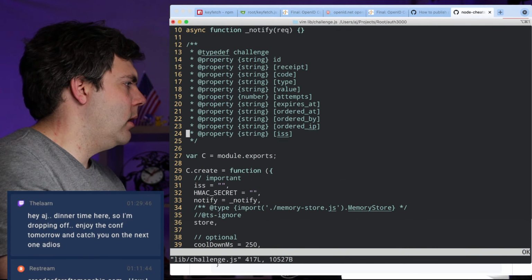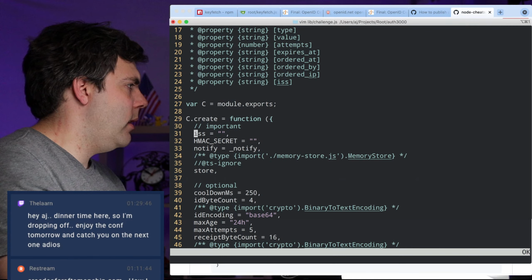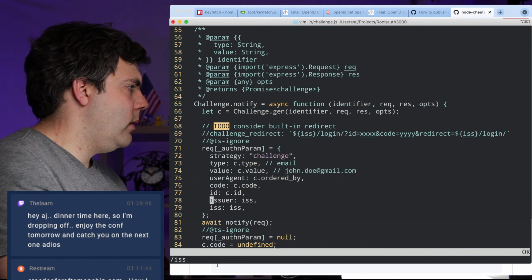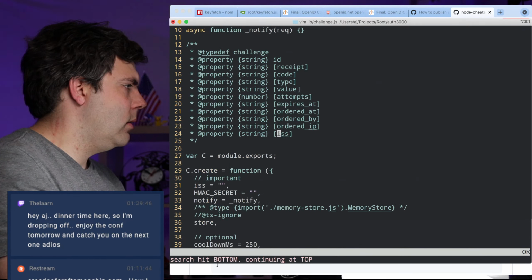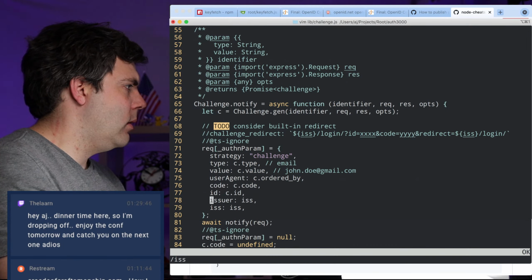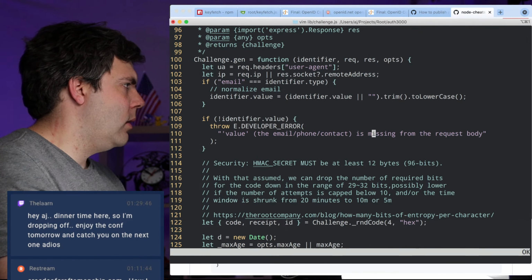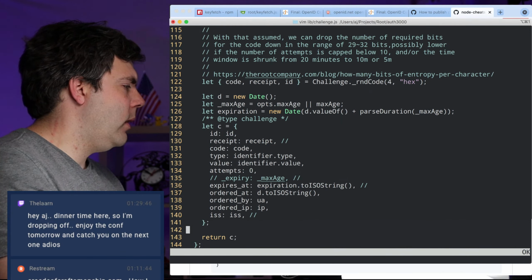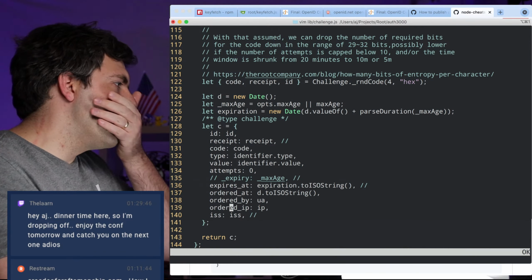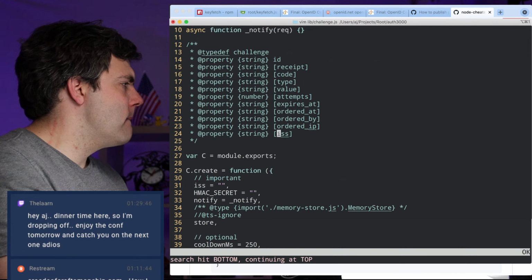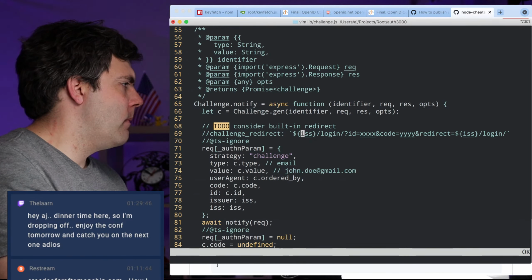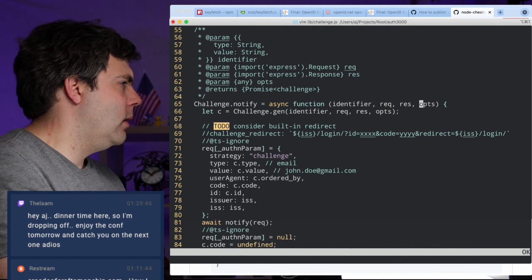I'm just going to double check here. But we already have issuer right there. So wherever else we have issuer, we don't have issuer anywhere else. Okay, yeah, so we do have issuer here. So we're not actually using, I could try this, I suppose.